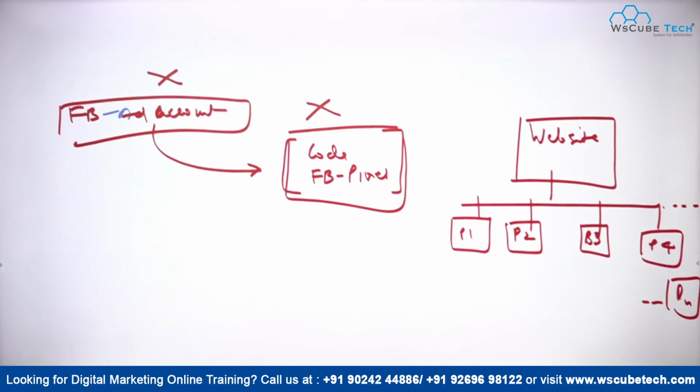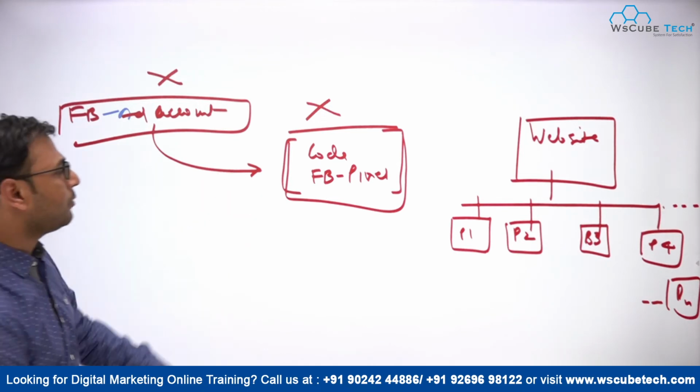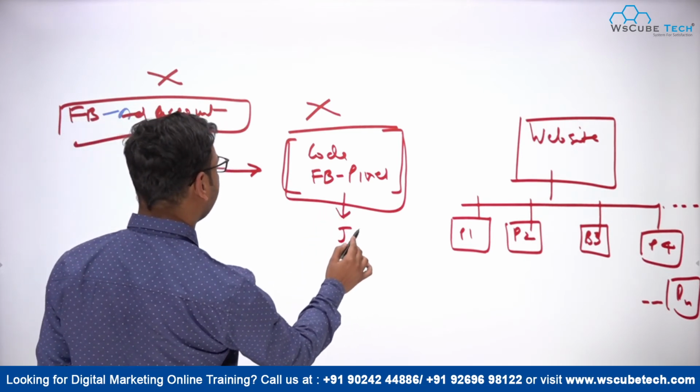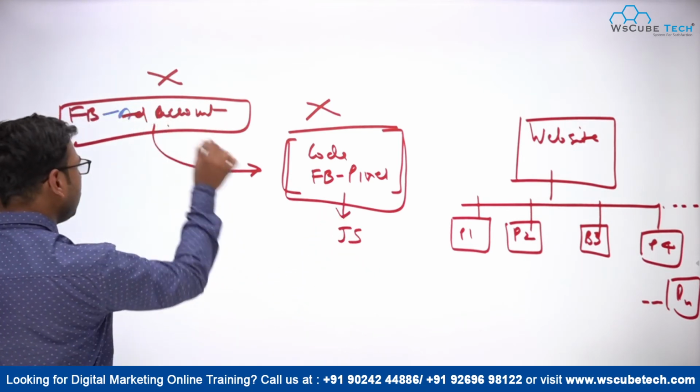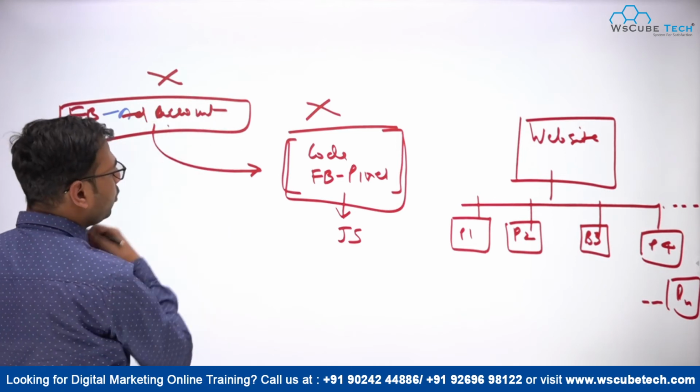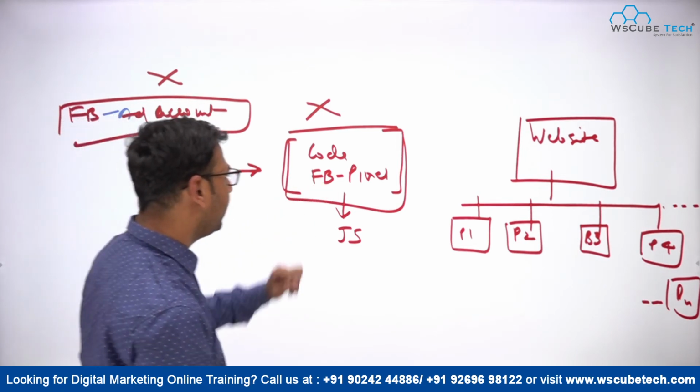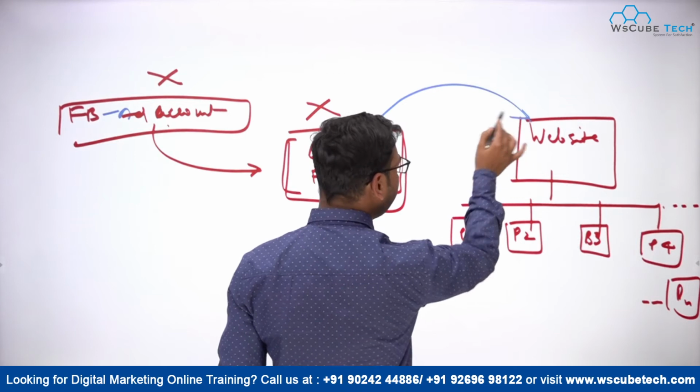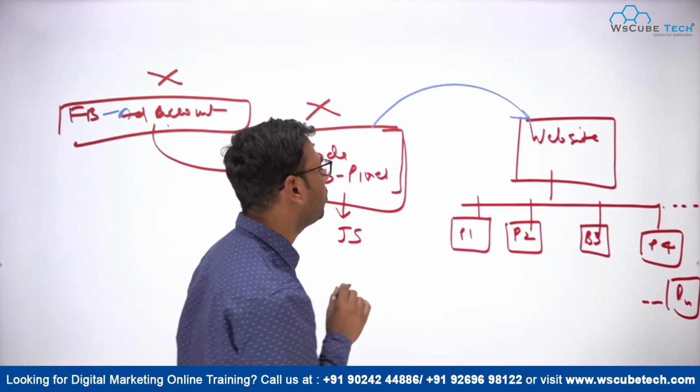And there are other methods through which you can create backups of the Facebook pixel, or do things which will help you in creating backups. Those things I will teach you later. But for now, we have to understand what Facebook Pixel actually is, right? Facebook Pixel is a JavaScript code that we extract from our Facebook ad account, or that our Facebook ad account provides us. And then we have to implement this Facebook Pixel code on our website.